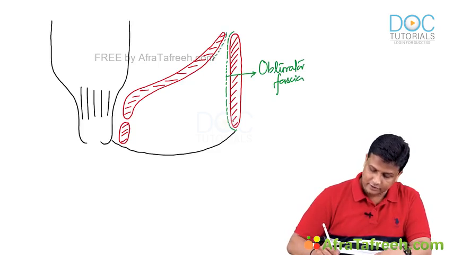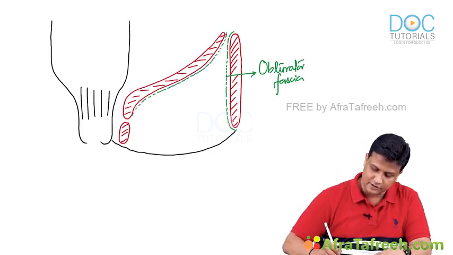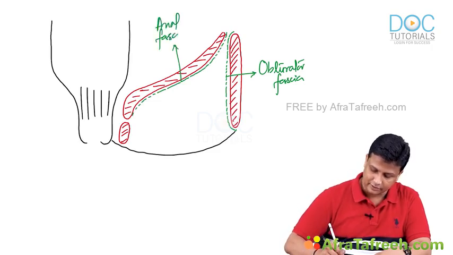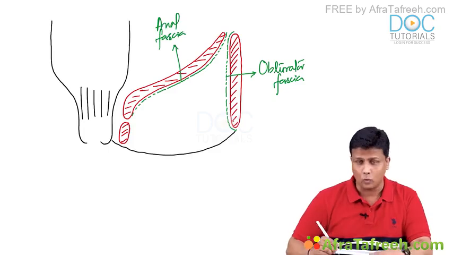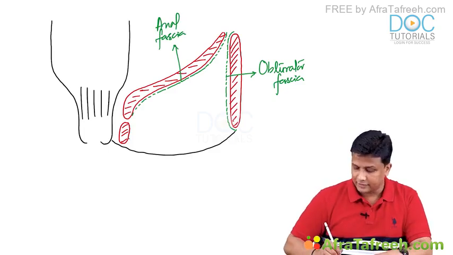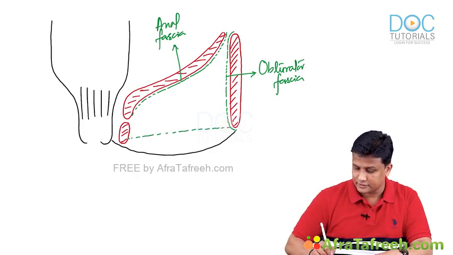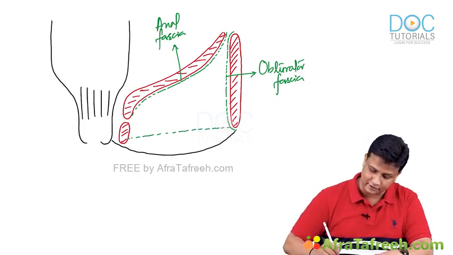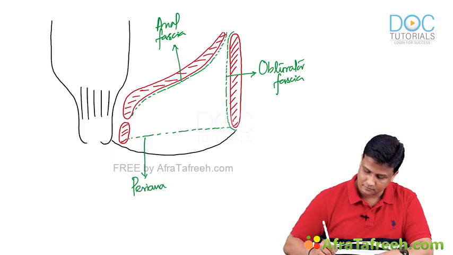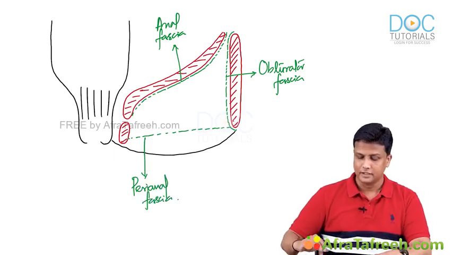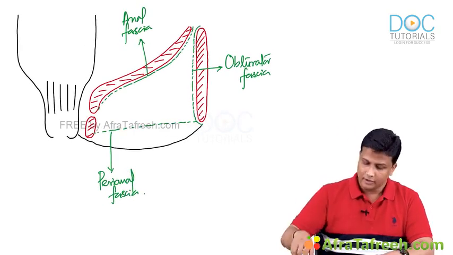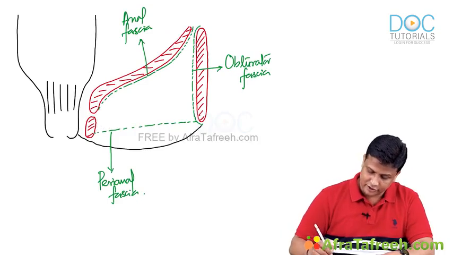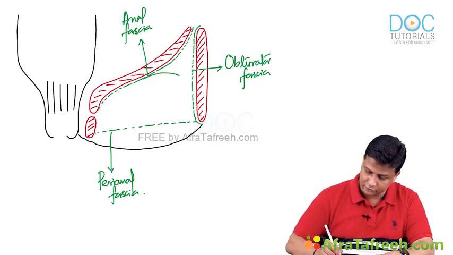Similarly, the levator ani muscle is also covered by a fascia here. And this fascia is actually referred to as the anal fascia. And then one more thing, there will be one more fascia here from that white line of Hilton. So from the white line of Hilton, there will be one fascia going transversely here like this. And this fascia is referred to as the perineal fascia. So there will be obturator fascia, the anal fascia, and then there will be perineal fascia. And connecting these two, the anal fascia and the obturator fascia, somewhere here there will be one more fascia